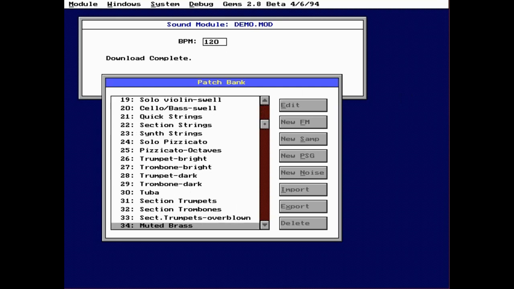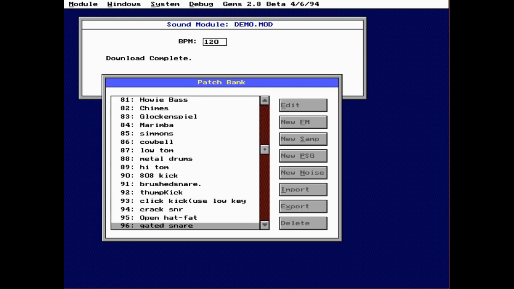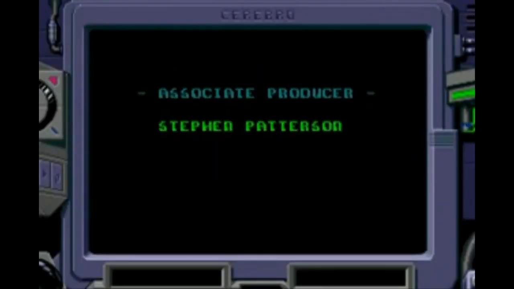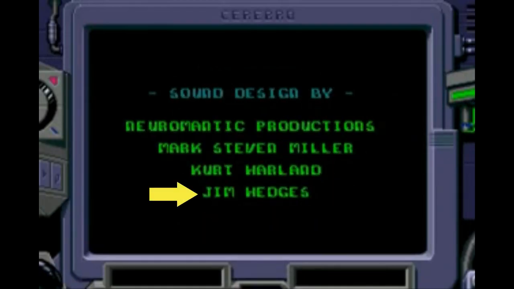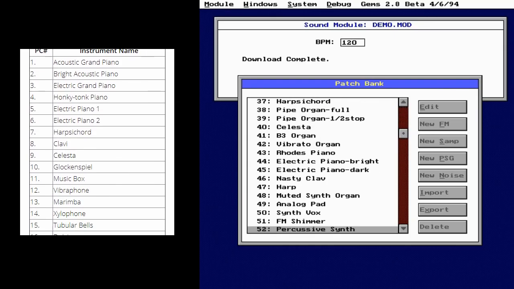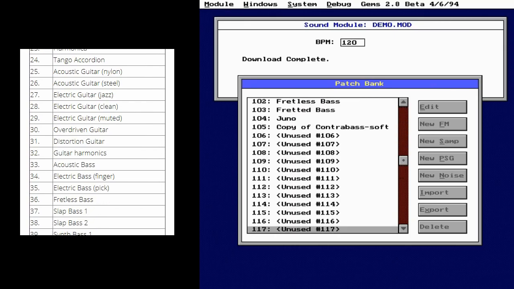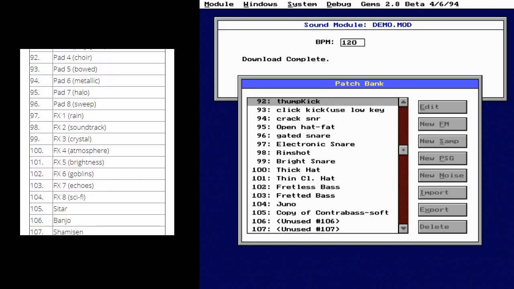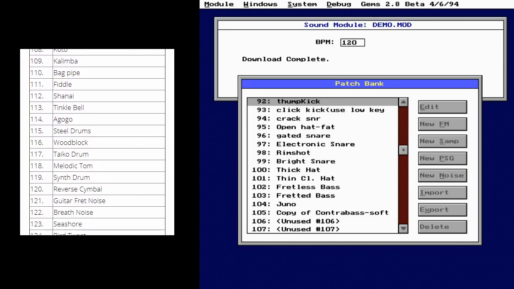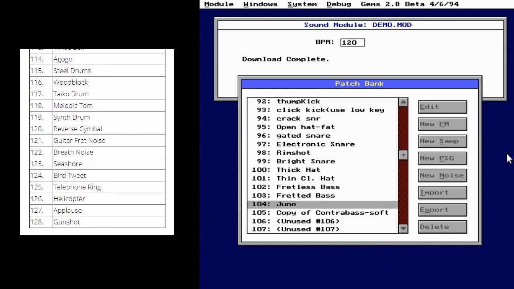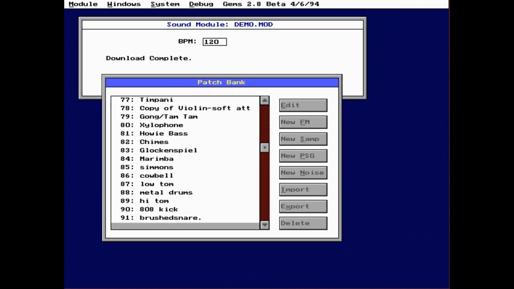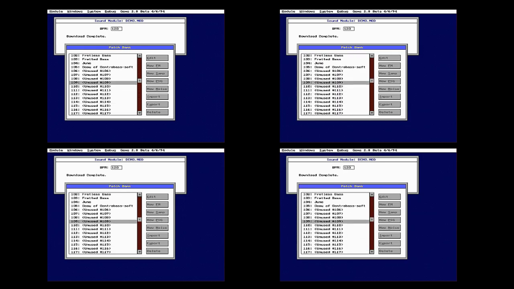Gems came with a sizable library of preset synth patches. They were all contained in a blank project called FMLib. The man behind these sounds is Jim Hedges, occasionally seen in credit scrolls for his sound design. This library isn't MIDI compliant, nor does it contain as many instruments as the MIDI standard provides, giving only 104 unique sounds. Musicians often use these presets as starting points for their own instrumentation, modifying parameters until they sounded close to what they wanted. Unfortunately, sometimes these presets were also the stopping point for these musicians, which is what led